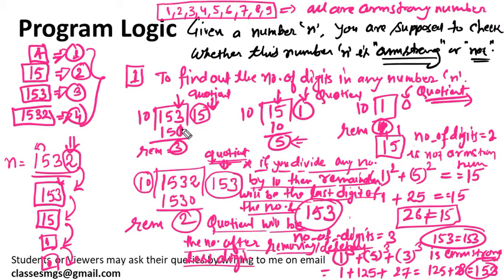How are you going to count the number of digits? If you keep on dividing the number by 10 till we get the 0, and count how many times we have divided, then we are going to get the number of digits. Let's suppose 1532 is divided by 10. This is the first time we are dividing, so the count is 1. Again we are dividing, this number is not equal to 0, so we divide it again, and the counter becomes 2, then our remaining number is 15. This is not equal to 0, so again we divide.